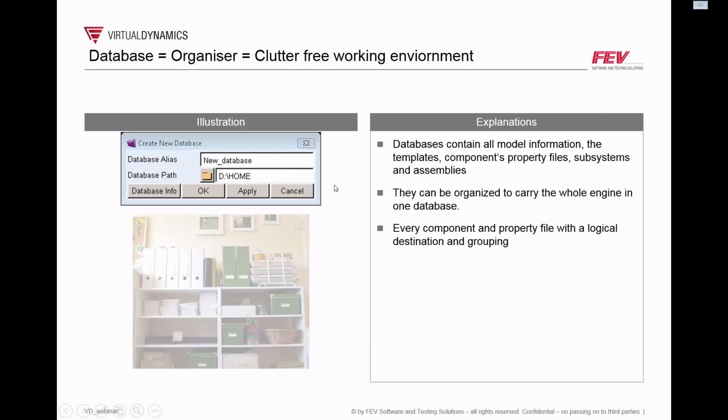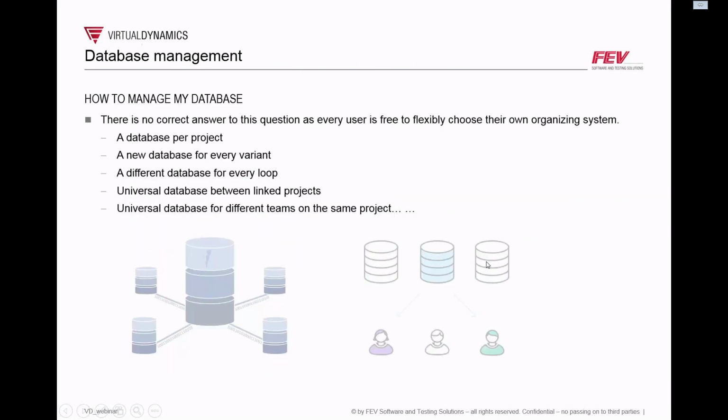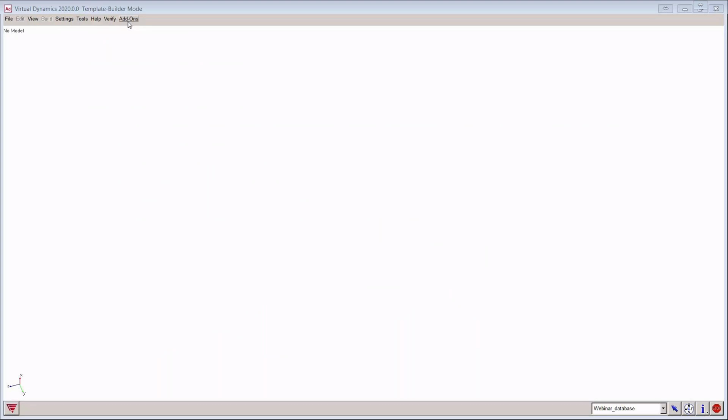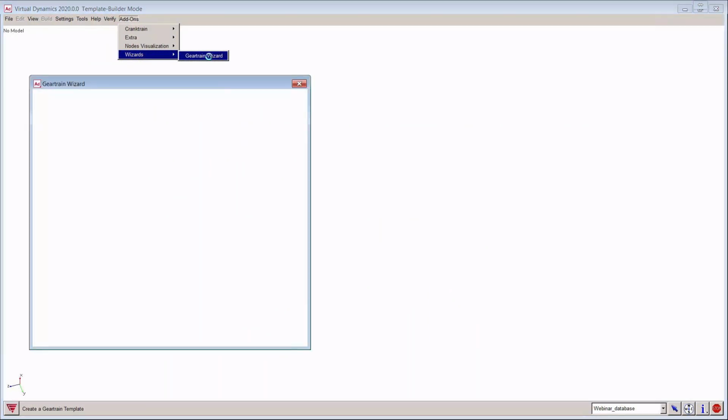It can also be a universal database which links many different projects together, or it can link many different users who are working on the same engine. You can also link all of them in the same database together. Good. Let us now start with the first step of creating our P2 assembly, which would be creating a gear